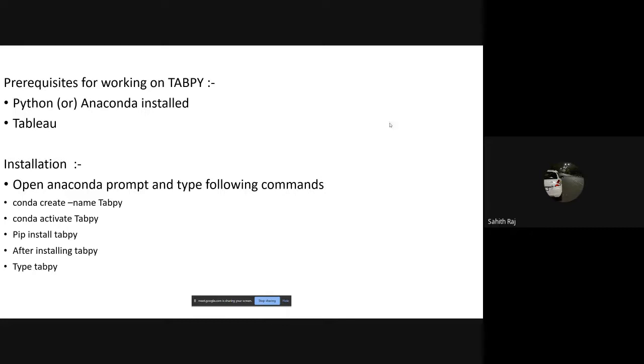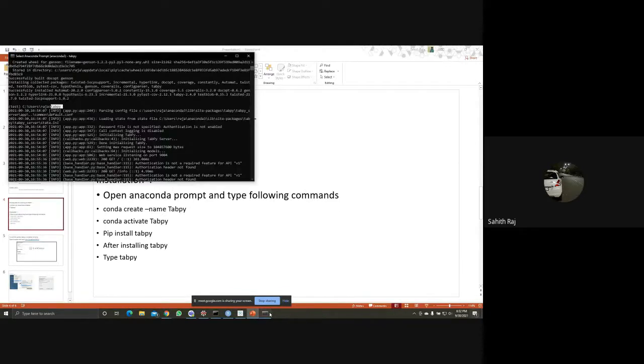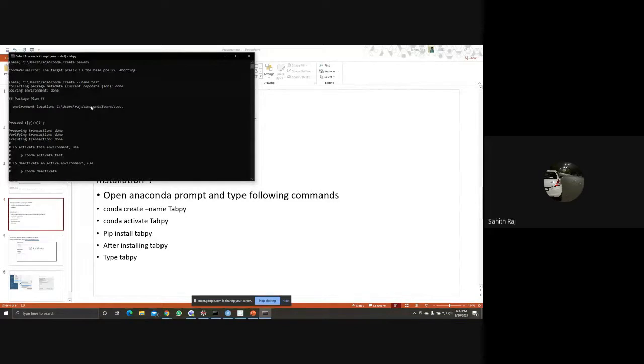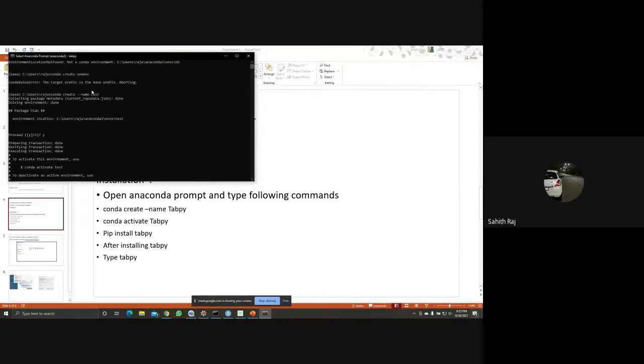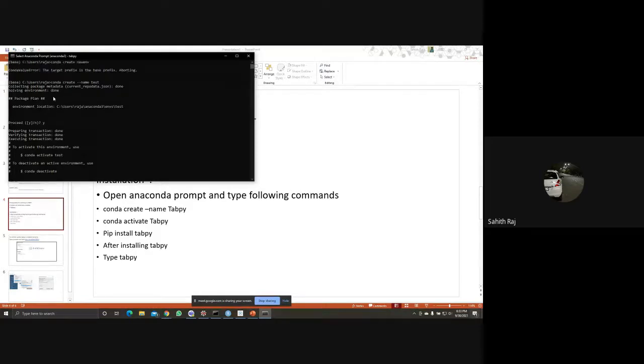Once we open our console, I just ran this and I'll show you the logs. In this case, I have created an environment called test with conda create.